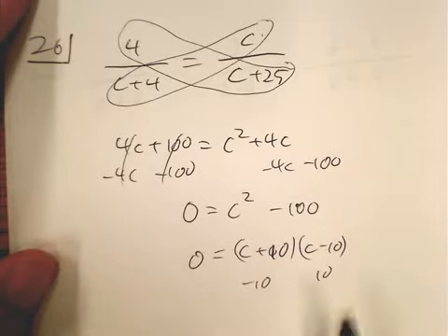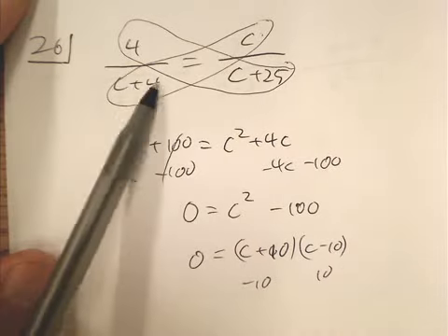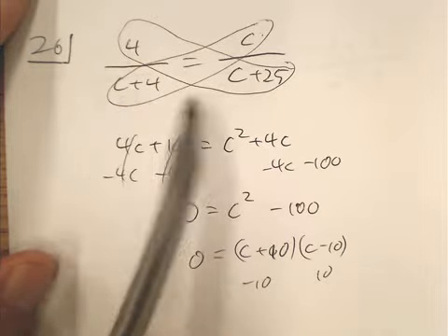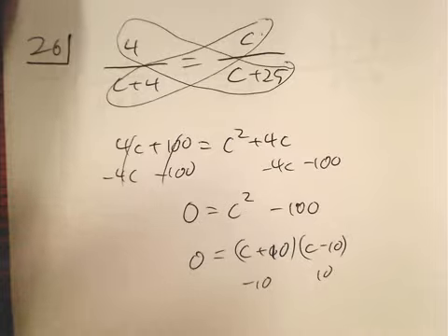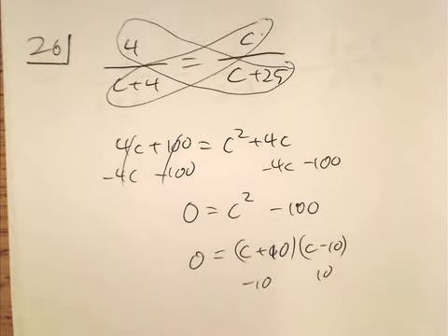And if I look up top, the numbers that wouldn't work, negative 4 is an excluded value, and negative 25 is an excluded value, and that's not either of mine. So that's good there. Okay, I'm going to stop this and go to a new video just so this